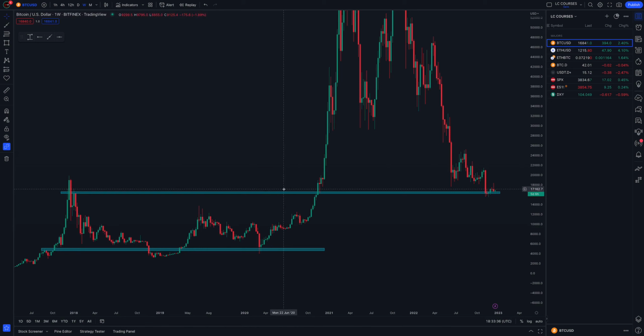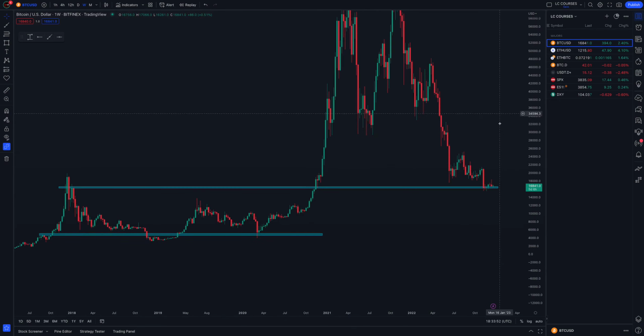Now if we look across, this level came into play again as we rallied in 2020. As you can see, we rejected off it initially at the beginning of November. We then broke through and then came back, retested as support. So previous resistance broke, became support,